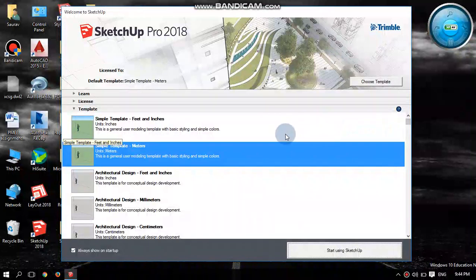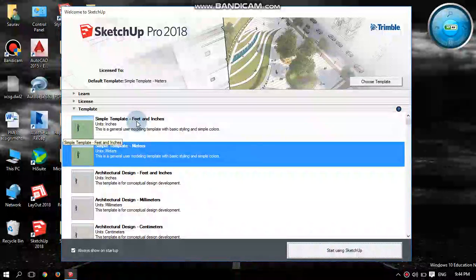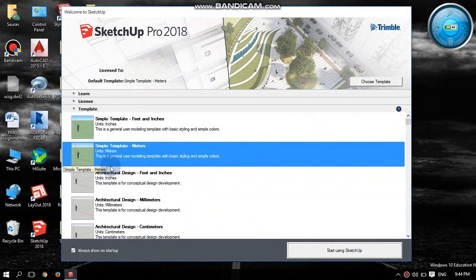We have to choose the template according to our use. For beginners, I recommend the simple template. Choose the simple template in feet and inches if the design is given in feet and inches, and in meters if you have to work in meters. I will select meters and start using SketchUp.